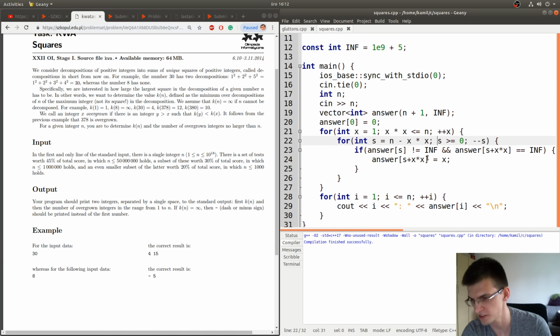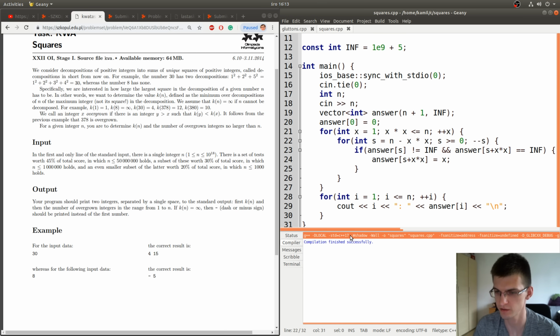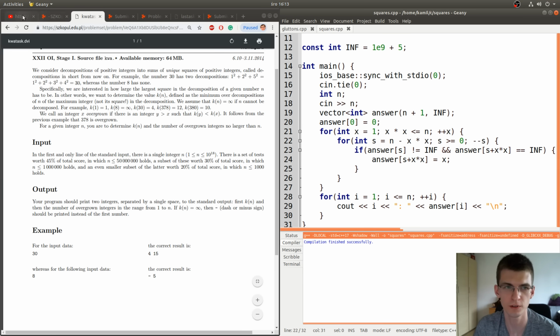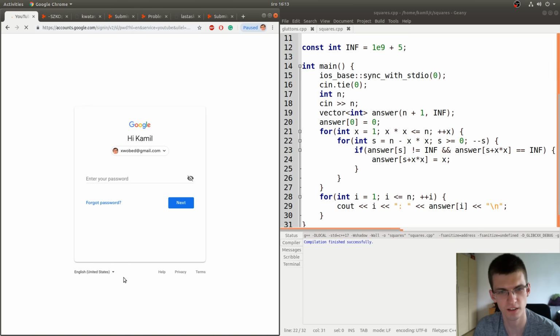So here what we can do is to see, if for somebody it's the first stream, I will repeat that I have 2 buttons for compilation. One is F9, and you can see it here. I must sign into chat to be able to use it.